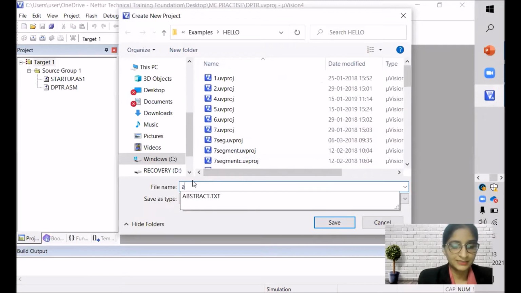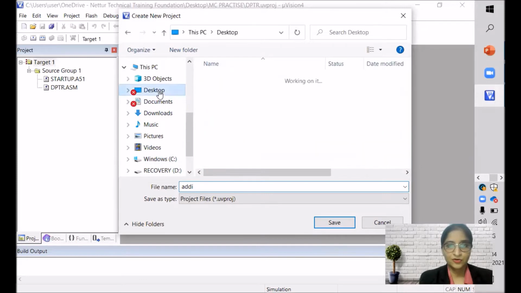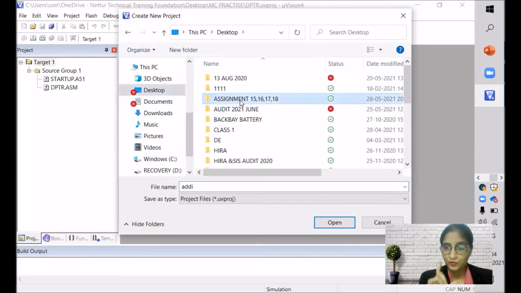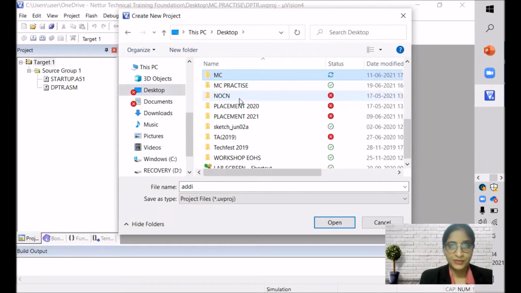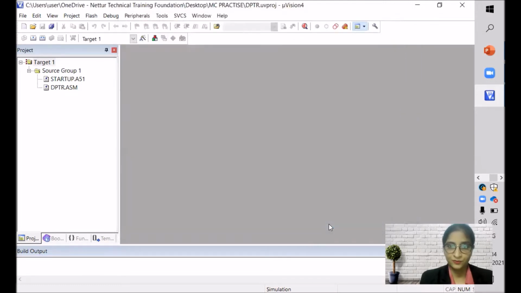We'll write AD, which is a short form of addition, and save it. Here you can see the location: we were using the desktop. We have already created one folder, which I showed you in my first video, called MC practice. We'll save this program in the same folder.